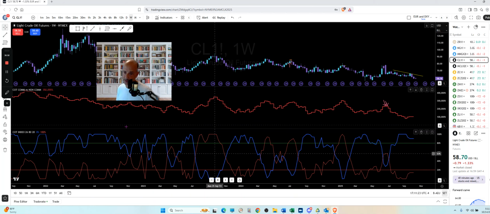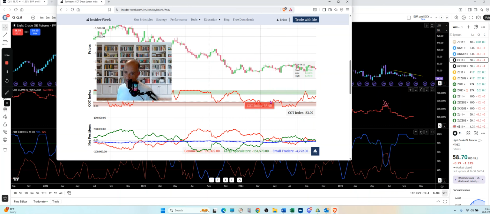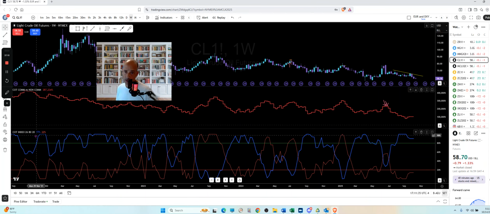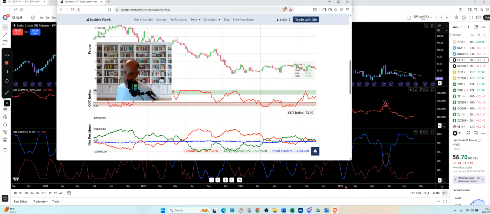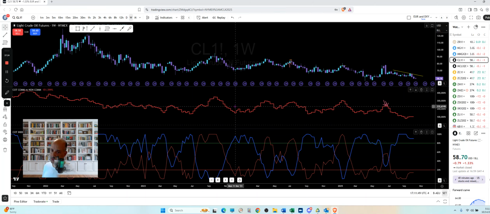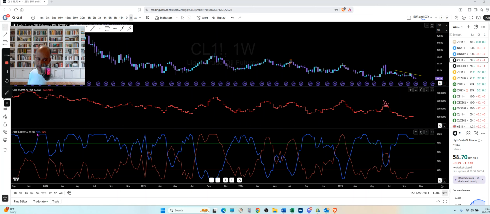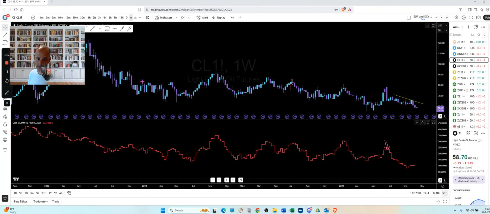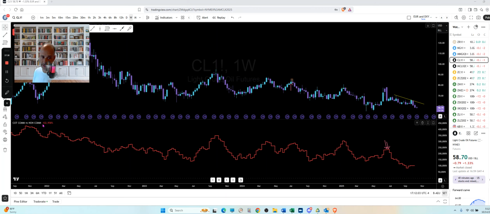So this COT index indicator is basically the TradingView version of this one. Okay, it's going to show you pretty much the same thing. So either use Insider Week or go to TradingView and look up COT index, and you'll get this one, which again is almost a carbon copy of this one right here. Okay, so I would say to use either one of these or use this one. And like I said, you can plot both the commercials and the non-commercials. Let me get rid of this one. Move this back. Move myself over here. I don't need to see me here.